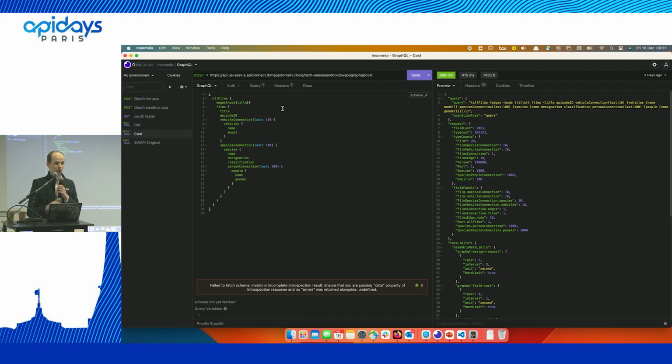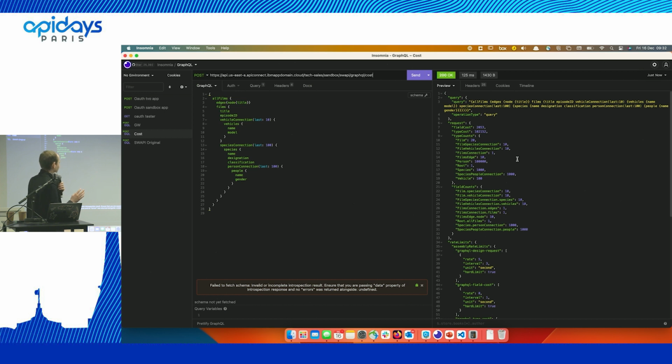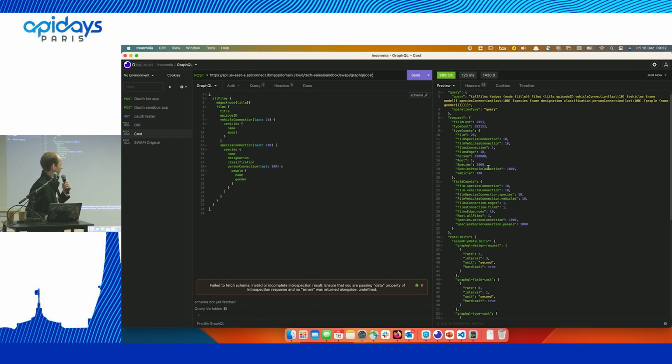So what we do now is we give a defined maximum and minimum you can fetch, and also we give you a rate limit of, let's say, 1,000 points. And the sum of your query results in the amount of data that you can fetch. So if we do a fetch here to this cost endpoint that is automatically generated, it says that my request is going to have a total cost of 2,035 on field cost and an impressive 102,152 on type cost, and then it gives me all the type costs and all the fields. If I were to, for example, change this to 1,